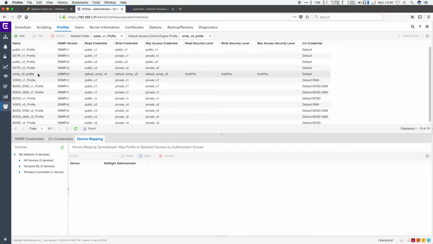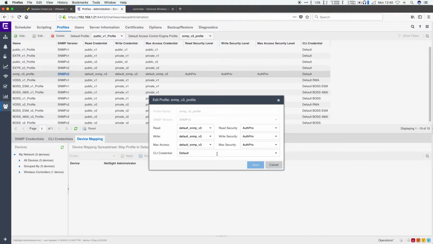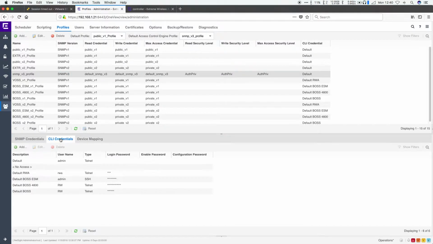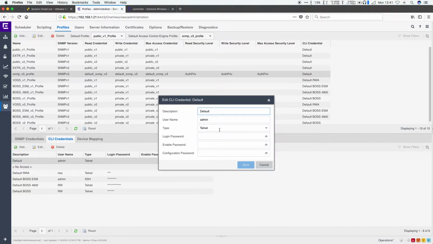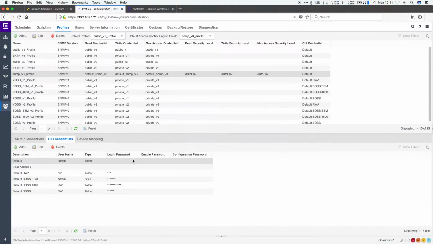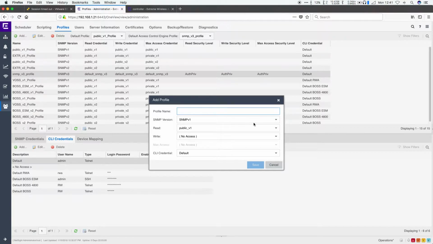If we look at the SNMP profile, you'll notice we're using CLI credential default. And if we look at the default CLI credential, it's using admin no password with telnet. The wireless controller does require SSH. So let's create a new SNMP profile. So we'll call it